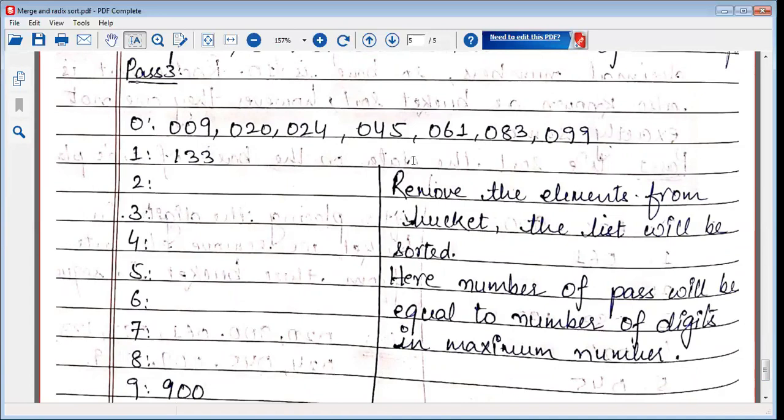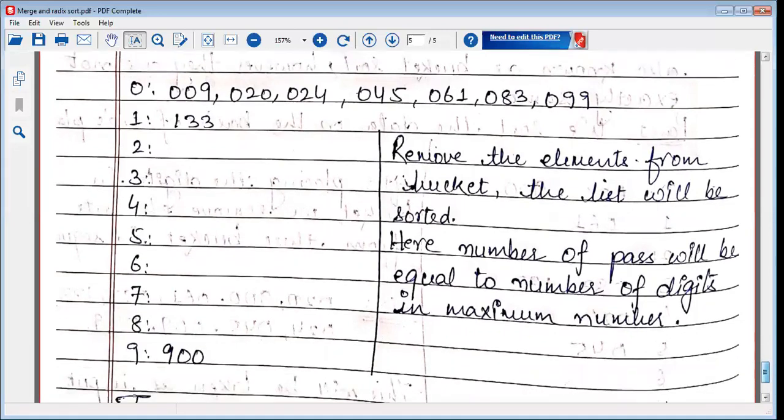So many of the times you can also see that radix sort is called as bucket sort. However, there is a minute difference between them. In case of radix sort, we go from the least significant bit to the most significant bit, right? Whereas in case of bucket sort, the tracing is just opposite. You start from the most significant and go to the least significant. So many of the time, just because we are maintaining the bucket, radix sort and bucket sort are used interchangeably, but make sure that there is a minute difference, although both of them take the linear time, right?